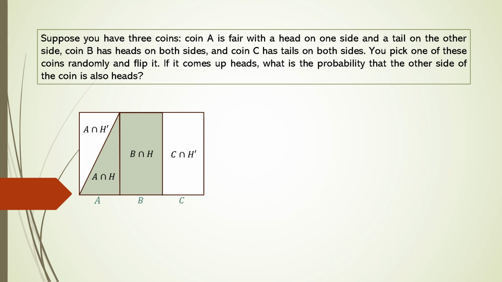To answer the question, let's see if we are ready. If the coin you flip gives a head, what's the probability that the other side is head? So we have a head. What's the probability you have coin B? That's the probability to have the coin B given we see a head. For the conditional probability,